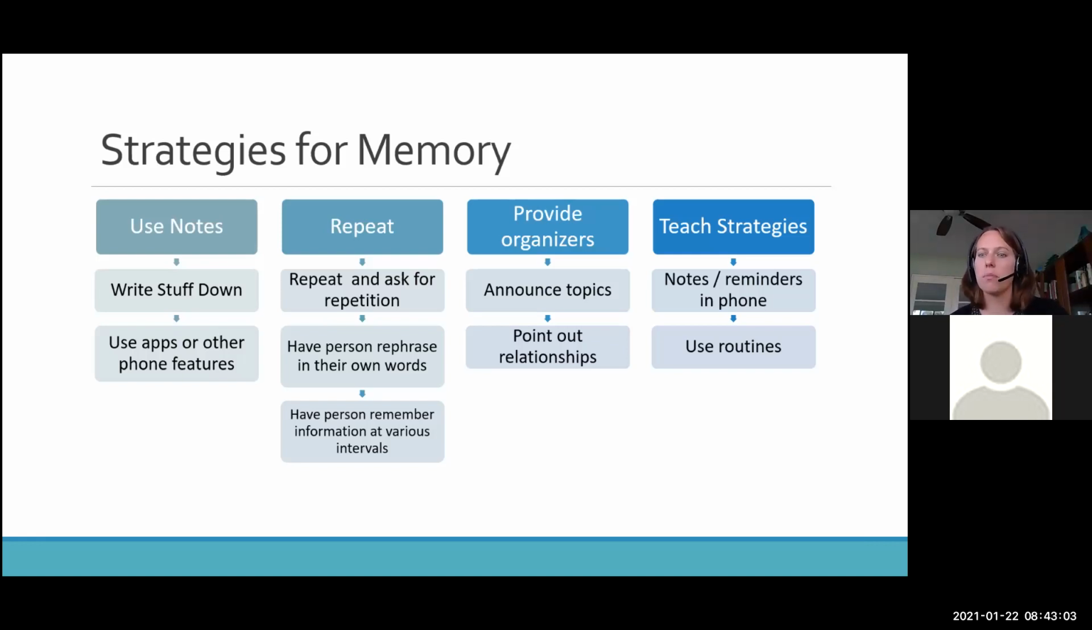And then testing their memory at various intervals, right? So maybe you explain something at the beginning of the session, see if they can remember again at 30 minutes, maybe 45, maybe at the end of a 60-minute meeting. Again, if they can't remember within the context of that session, it's very unlikely they're going to remember it outside. And so that's a good way to know that this person might need some reminders, they might need some cueing